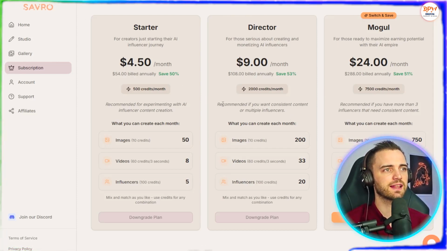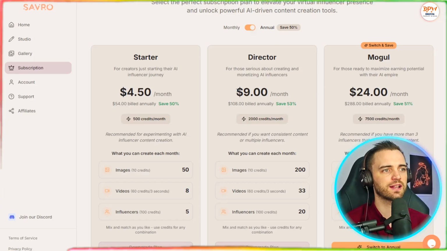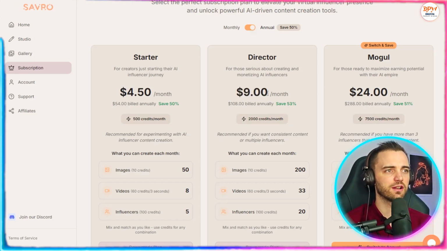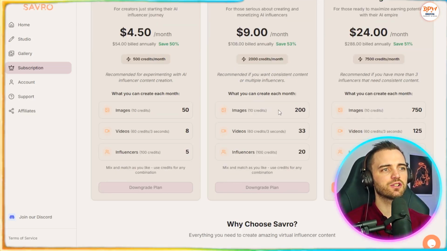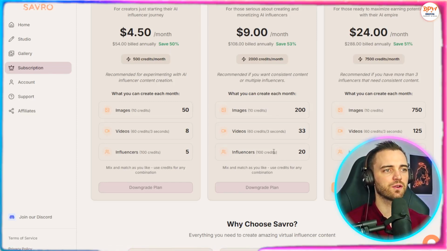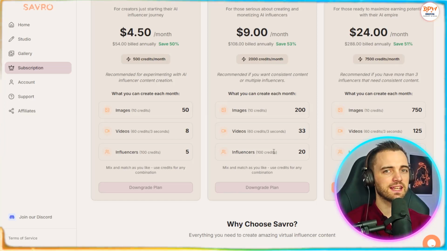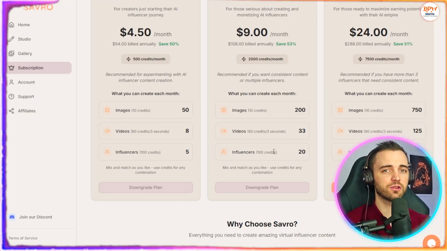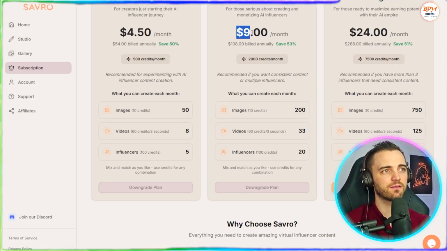So having something like this, where yes, you can get 2,000 credits per month at only $9. And from this, you can generate 200 images, 33 videos, or actually have 20 influencers here. So monetizing even 3 or 4 of these influencers you create could easily make your money back from this $9